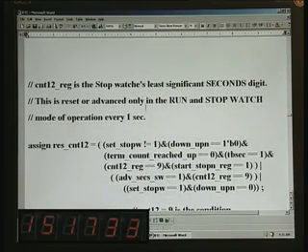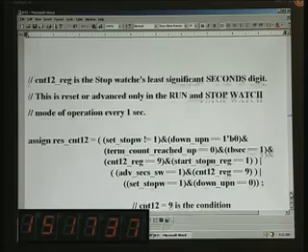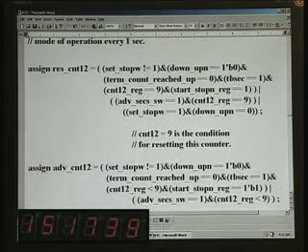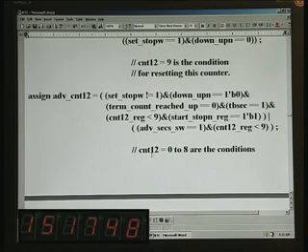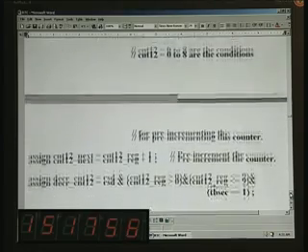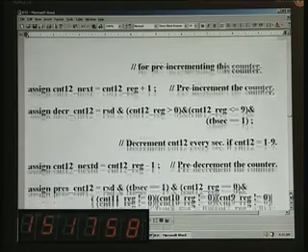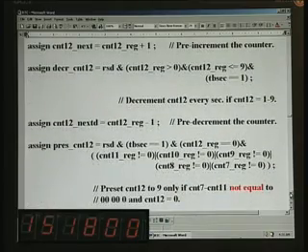So, now the last digit, seconds digit LSD, is here, and once again the reset condition is that counter 12 must be 9. That is the condition for resetting this counter. Counter 12 is itself, and advancing the counter is for counter 12 equal to 0 to 8. So, this is for advance. If it is 0, it can become 1, if it is 8, it can become 9. Therefore, the valid number is 0 to 8, and advance, pre-increment, then decrement in the down count mode, and